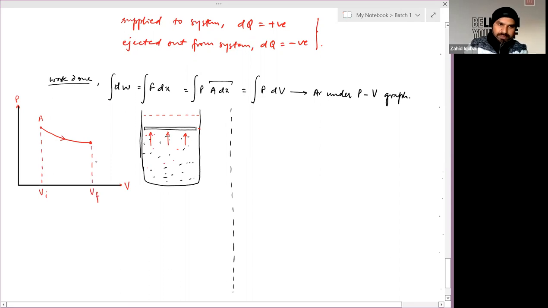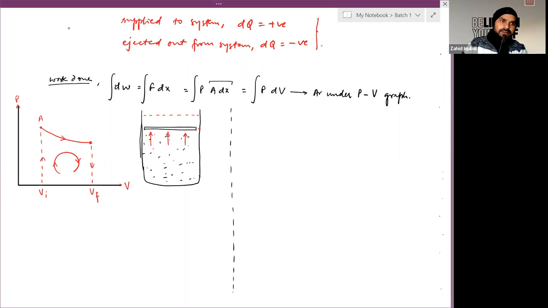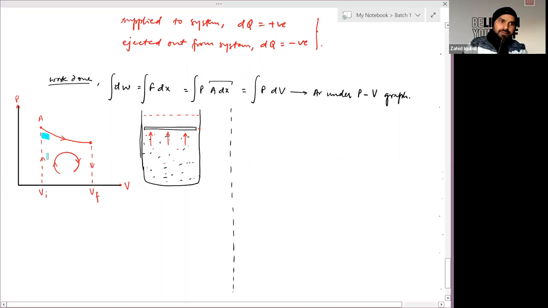If you extend this particular arrow, it will go along this way and make a clockwise rotation. So the area under this particular curve between pressure and volume will define your work done. And since it is in clockwise direction,